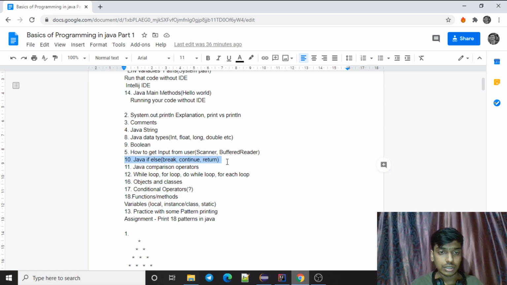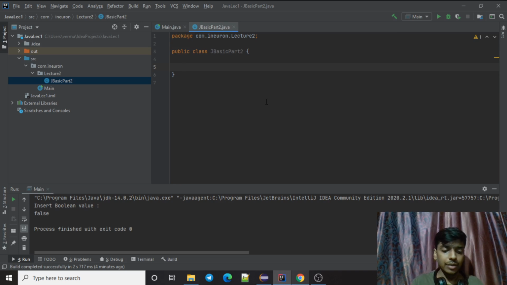So we are going to discuss how the if else statement works. So if else is nothing but just a conditional. These are used for conditional statements. So let's say you have some case where you want to make a decision in a boolean format.